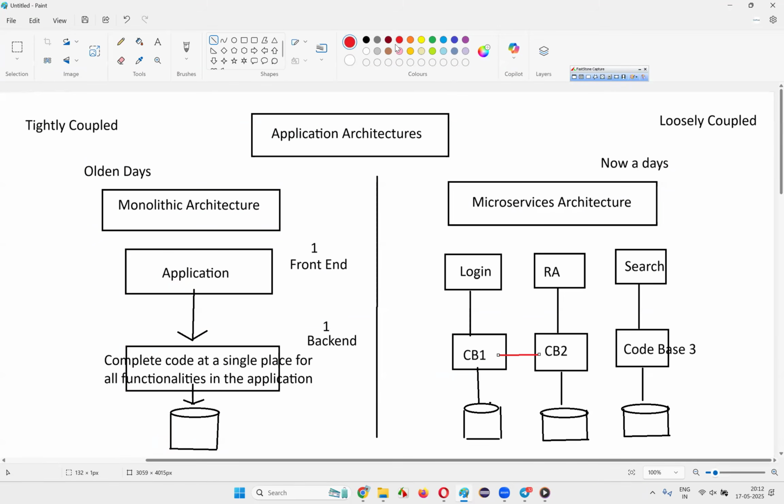the form of these red color things, which are called APIs. There's one more thing. Here the front end will communicate with the back end with the help of an API. Here also the front end will communicate with the back end with the help of APIs. That is login functionality. The login UI layer will communicate with the code base, that is the backend, with the help of an API. Here only one API is required, front end to back end. That's it. But here, since different code bases are there, not only the front end part of the application,